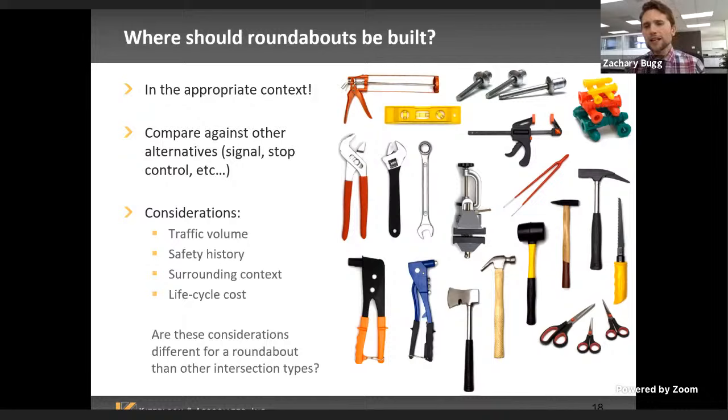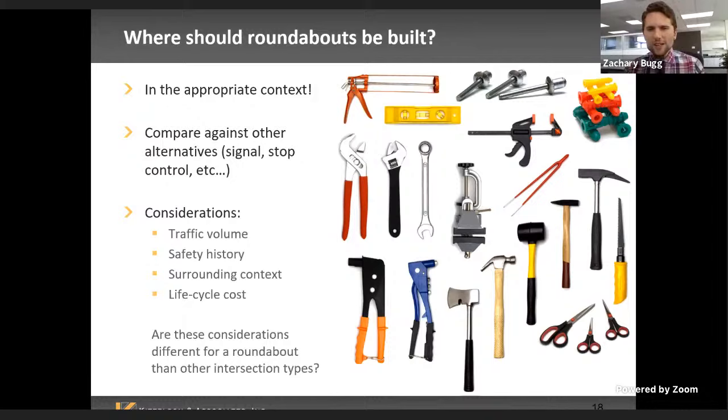And so we basically like to combine all of those different considerations, operations and maintenance, safety, capital cost, and monetize everything and do something called a life cycle cost evaluation. So similar to what you all might have experienced in your engineering economics classes, really looking through a cost benefit analysis of what is the upfront cost of installing a roundabout versus the long-term benefit quantified from safety, crash reduction, delay reduction, travel time reduction.